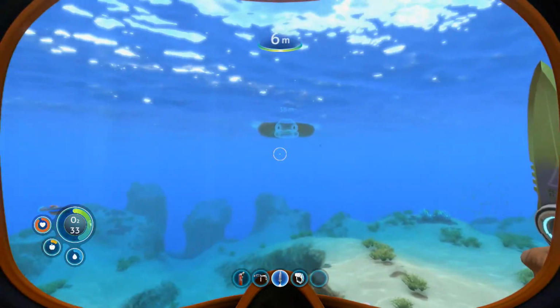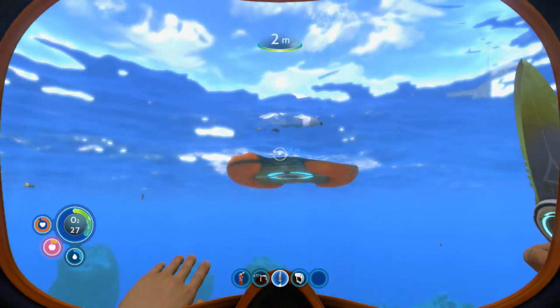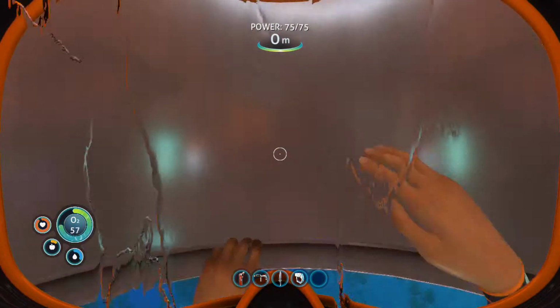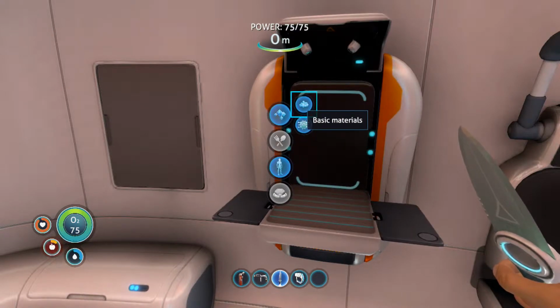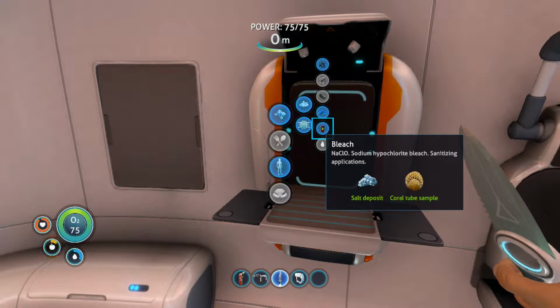Okay, so that acid plant's good for making batteries, which we will need for when we get around to making a torch. Okay, so back at our pod, and as you can see, I now have the resources to make bleach, which is